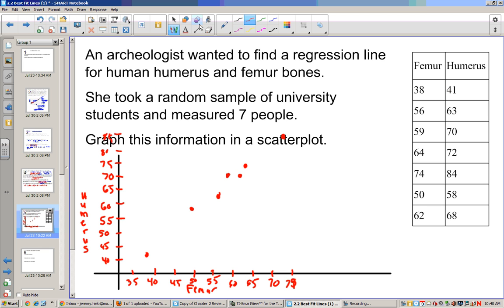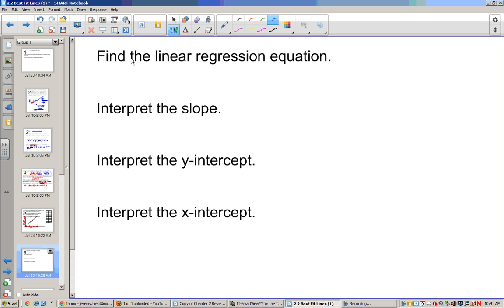Somewhere in there. Now if I draw a best fit line, that's looking pretty good. You got about as many below as above. It seems like a pretty good regression line. Maybe something more like that. All right, so for a good regression line like this, we graph the information, and it said find the linear